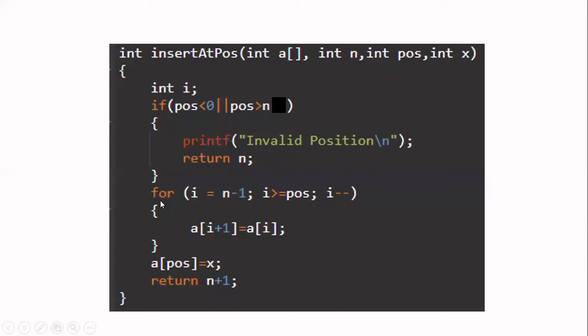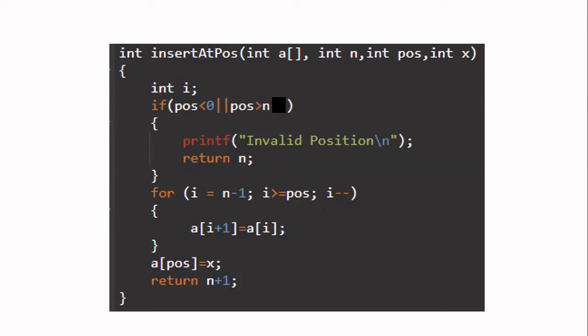Here, I am going to write the for loop, what we have seen in the previous slide. So we are starting with i equal to n minus 1. We are going to continue till i is greater than or equal to position. Every time we are going to decrement i value. So what we are doing inside the for loop is whatever is at A of i, that we are moving to A of i plus 1. Okay, and when this for loop will be over, can anyone tell me when I will come outside the for loop?